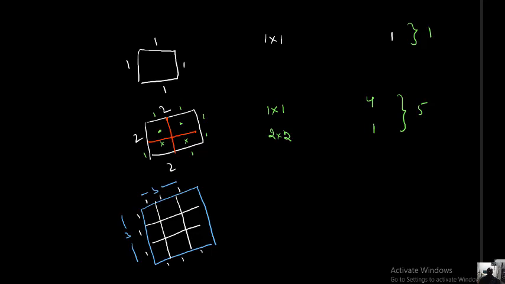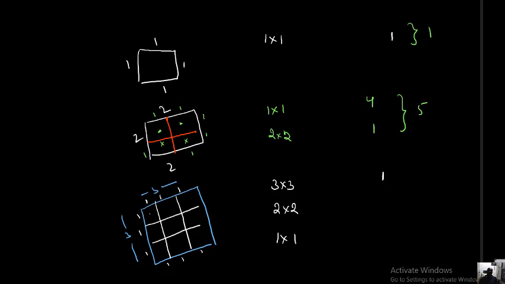Now I want to find the number of squares which have 1 by 1 area, 2 by 2 area, 3 by 3 area. Or I want to find the number of squares having side 1 unit length, side 2 units length, side 3 units length. Okay, one by one I will write. First of all, students, I will write 3 by 3. 3 by 3 means only 1. Next I want 2 by 2. After that I will find 1 by 1.